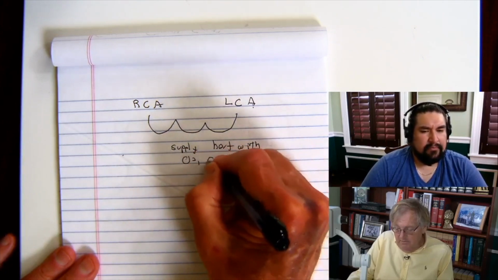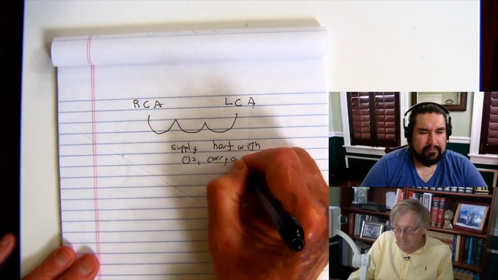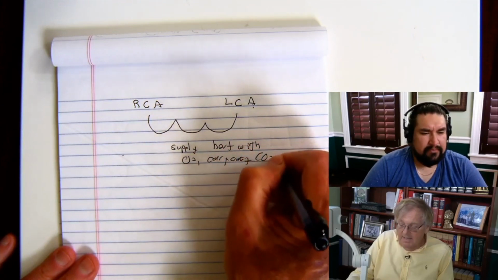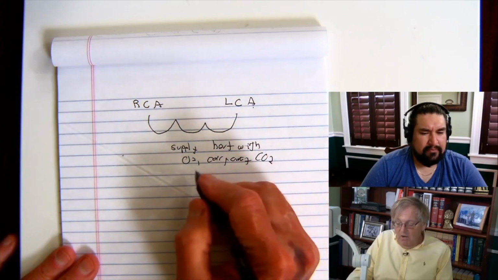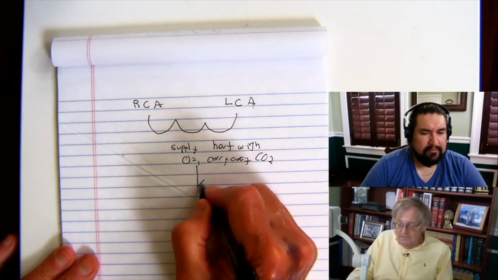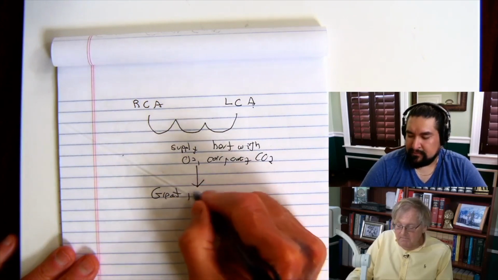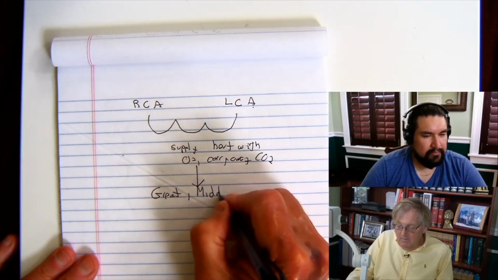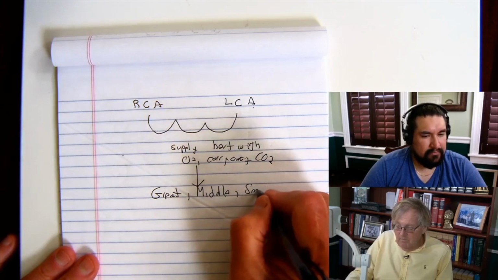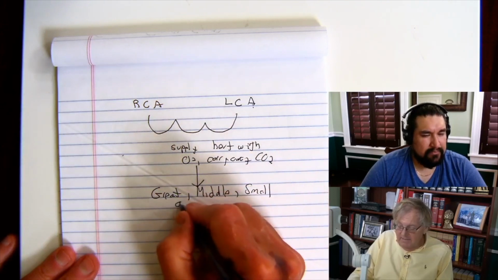They're going to carry away the carbon dioxide. They're going to send all of that blood into the great and the middle and the small coronary veins,